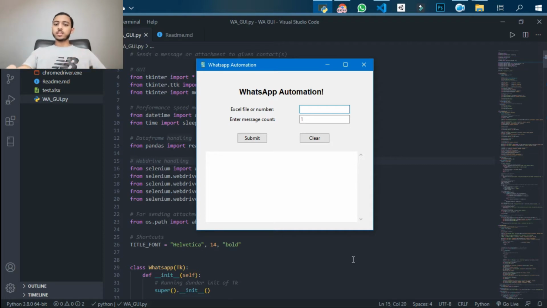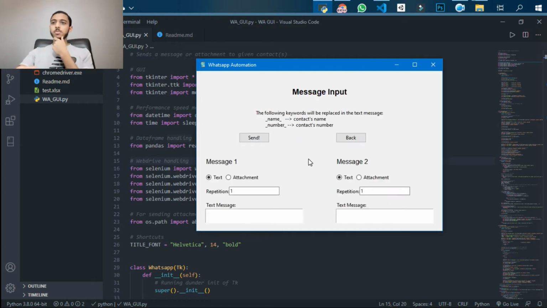Okay, so let's input the relative path to our Excel file that contains our list of contacts. In this example, let's say that our message count is 2 and hit submit. We'll see that our message input frame was dynamically generated. Let's say the first message, all of them, we want a repetition of 1, and let's say that the first